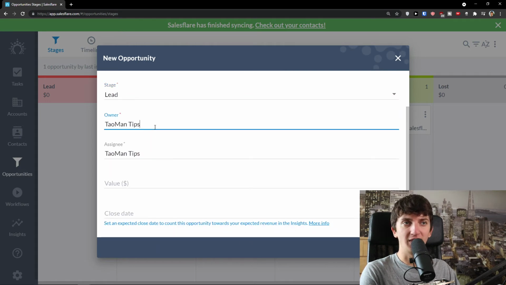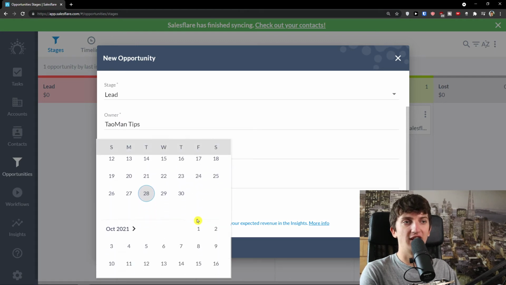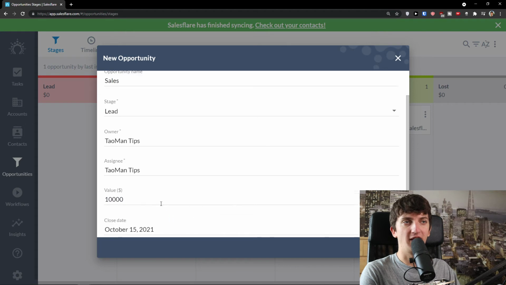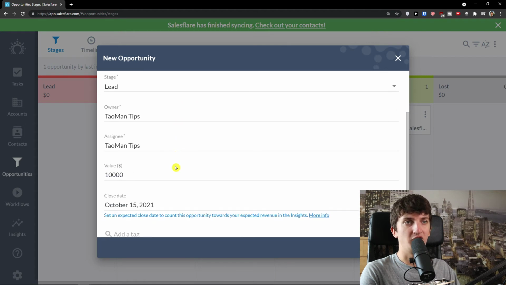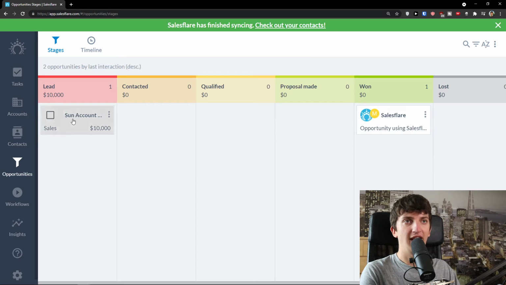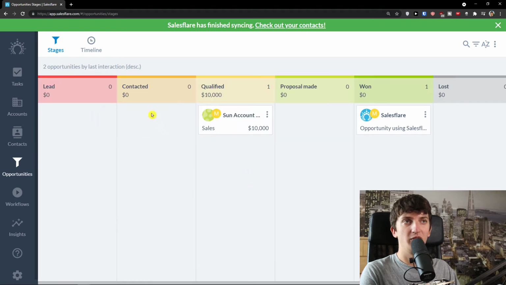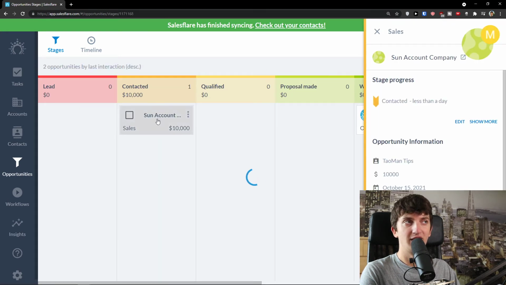Then owner is me, assignee is me. Value, let's say this is going to be $10,000. And close date, let's say October 15. Again, you choose it based on the opportunity that you have. Let's press create. And now we got it. Of course, you can simply move the lead between lead, contacted, qualified, etc. What you can of course do always is to simply click on your Sun account and on your lead